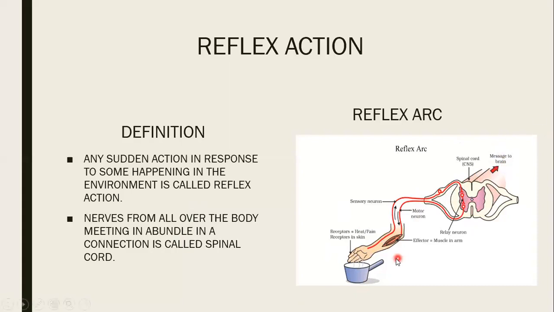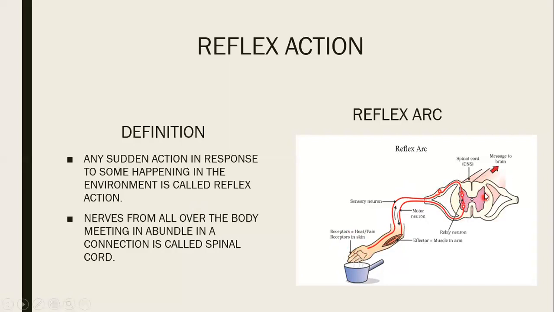That has to be remembered. Understand this diagram. Now, a hand is having the receptors of heat and pain. Receptors are present in the tactile organs like skin. So here the heat and pain receptors are present, which are receiving the sensation of pain, and it has been transferred by the sensory neuron. Can you see the arrow? It has been transferred by the sensory neuron into a butterfly-like structure that we call the spinal cord.